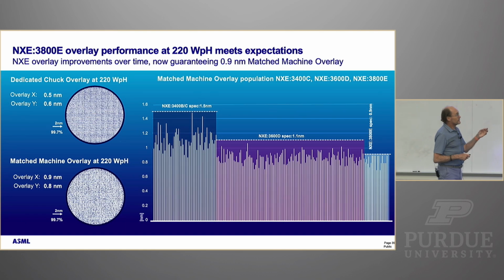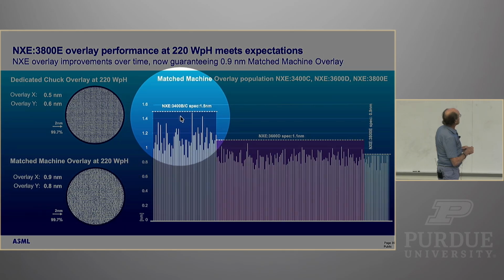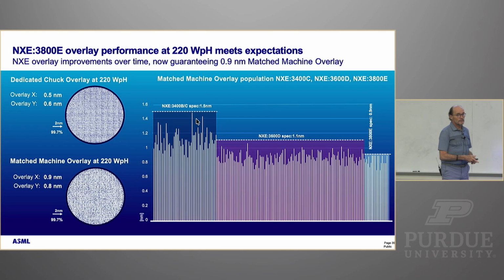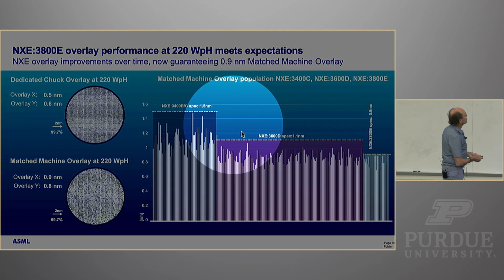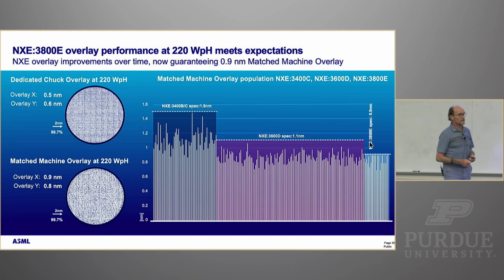In terms of the overlay, here you can see what we've been able to do. On 3,400 scanners, we can actually make sure that every layer lands on top of the previous layer within 1.5 nanometer accuracy. But now on the latest scanners, we're already at below 1 nanometer accuracy. And what is necessary for this is stunning in terms of the complexity, but multiplied by the trillions and trillions of transistors that you make, the value is incredible.